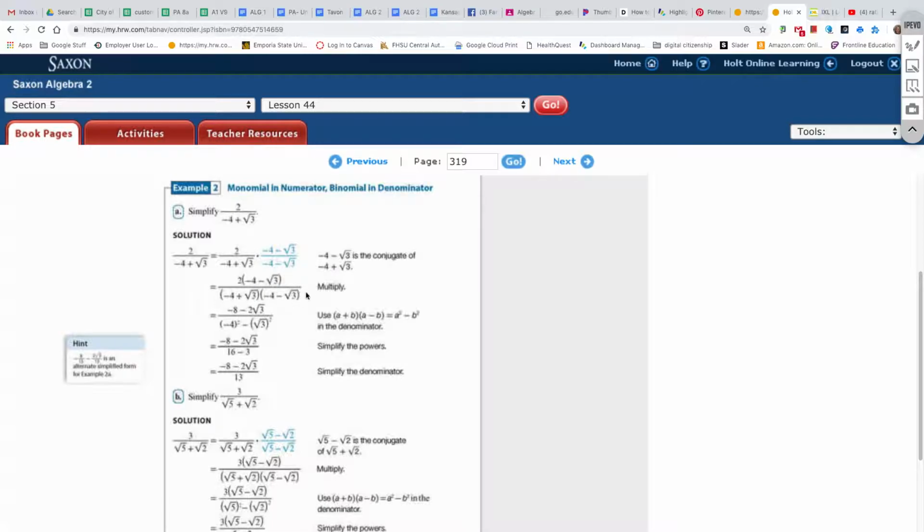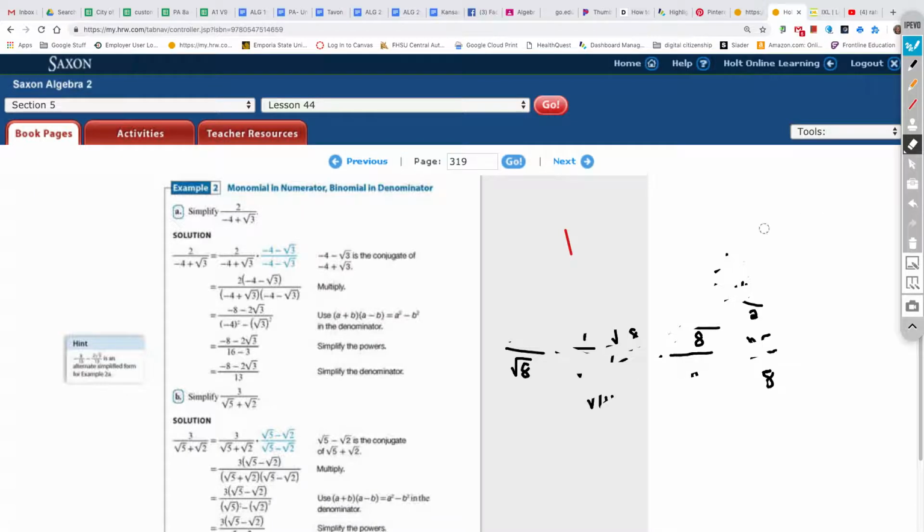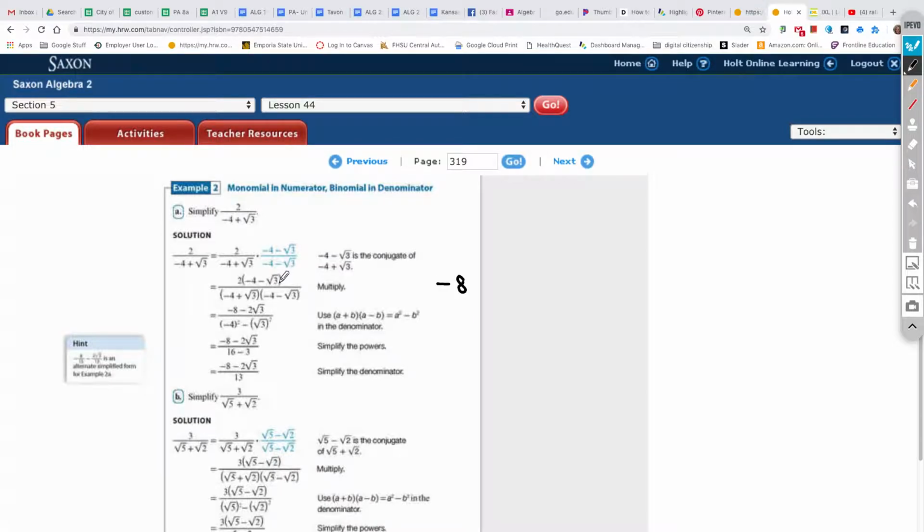I like it better in this step right here, because you can actually see these are sets, and we know if we have a set times a set, we have to FOIL. If we have a number times a set, we have to distribute, and I'm going to kind of show that. They really didn't do half bad at showing you guys, but I'm going to show you anyway. Okay, so if I was going to distribute this, this would be -8. This would be -2 square root of 3